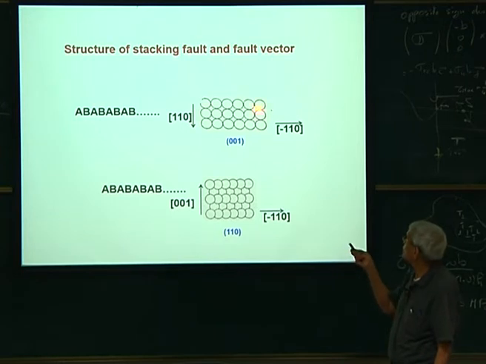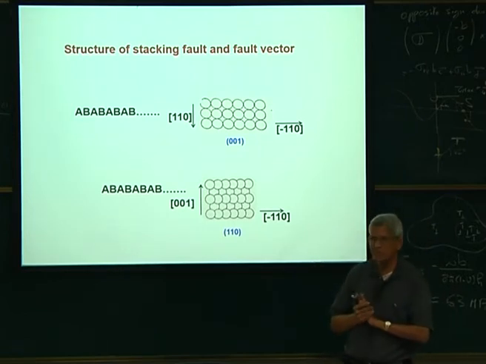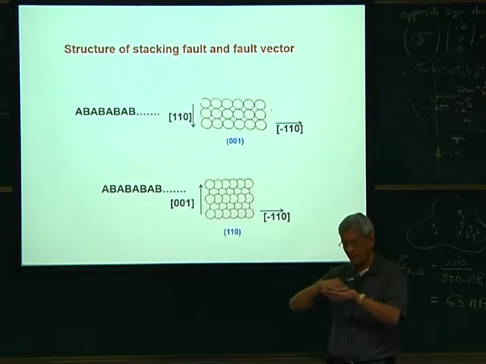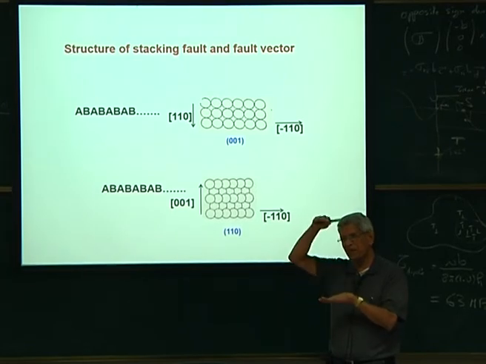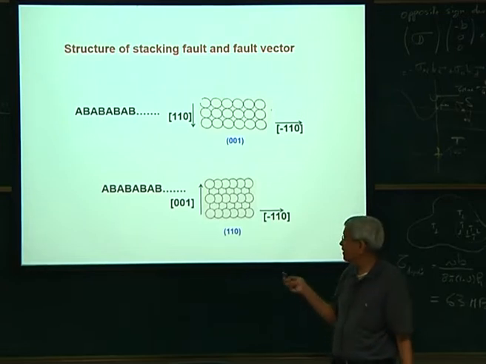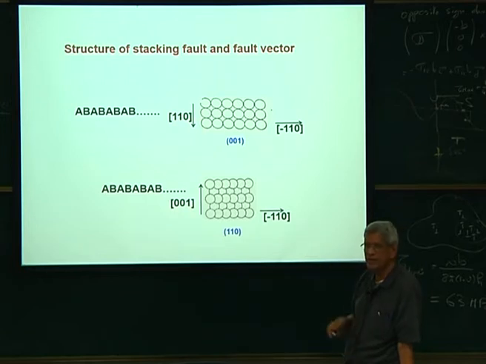So what I have done is show the stacking sequence along these directions where close-packed planes are there, and putting atoms on top of it, we can generate an FCC lattice, correct? That is, you consider an FCC unit cell. On the 001 plane, keeping one plane on top of the other, we can generate it. And if you consider the stacking sequence in the 110 or 001 direction,